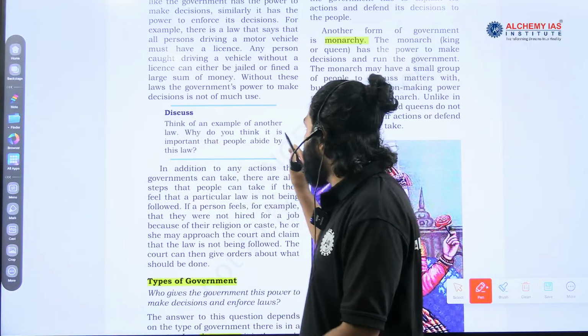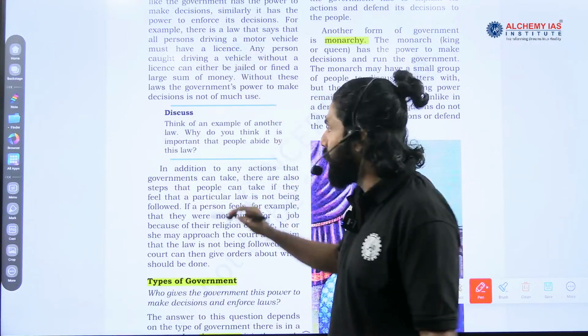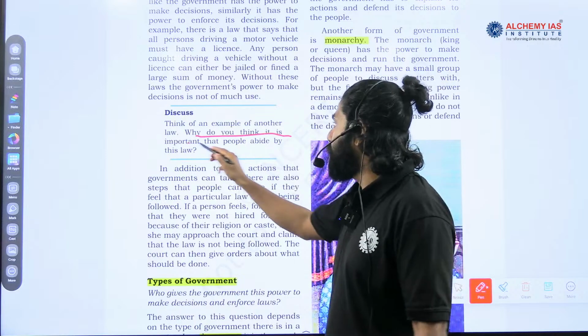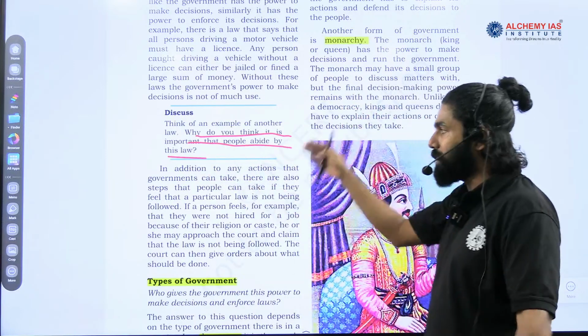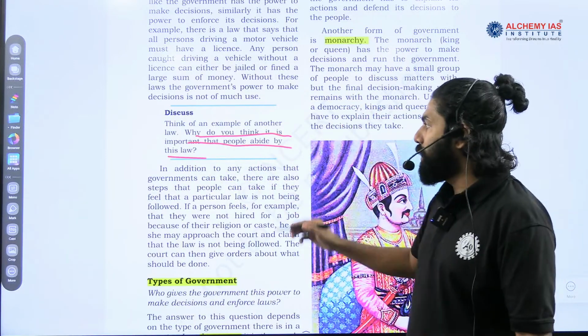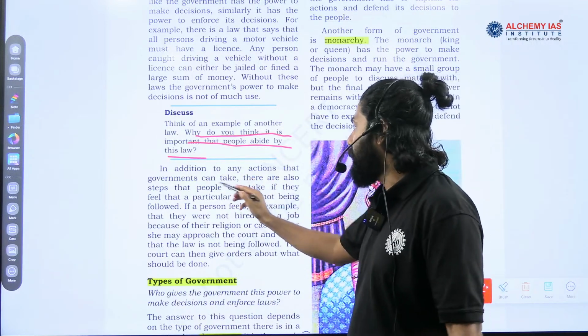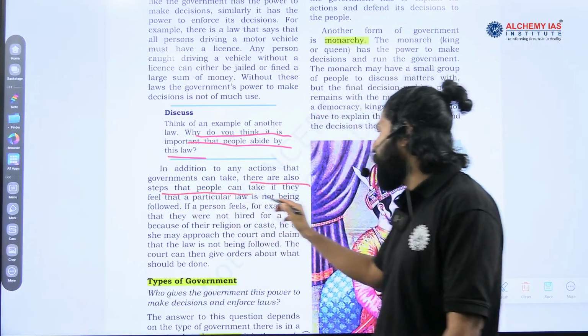Discuss, think of an example of another law similar to the vehicle laws. Why do you think that it is important that people have to follow this law? These are the discussions that have been given to the students. Next, in addition to any action that government can take, there are also steps that people can take